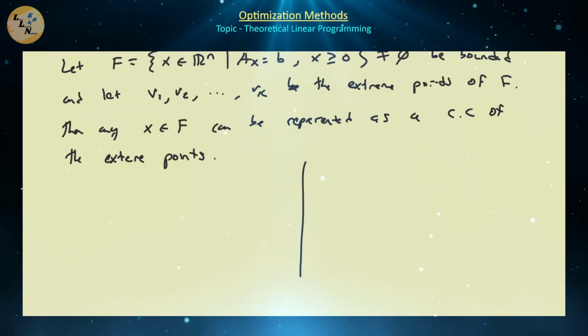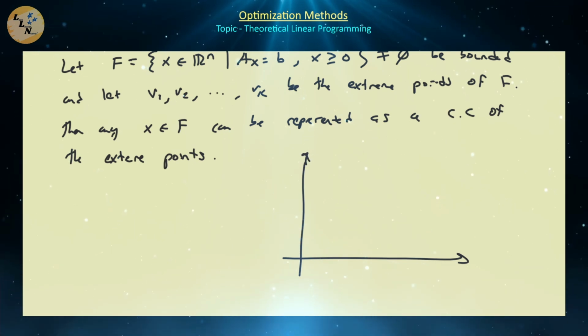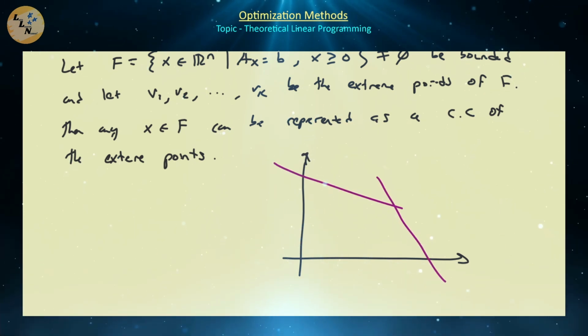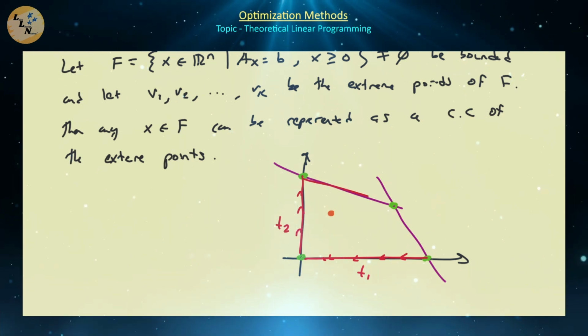So let's actually draw this from the two-dimensional perspective and see if we can get some ideas of what's actually going on here with this resolution theorem. Right, so we have 1, 2, 3, 4 extreme points, and let's assume that we have this point there, right? So for example, how would I get to that point? One could think of it like this. For example, if I were to define T1 to go from there to there, T2 to go from there to there, T3 to go from there to there, and then T4 to go from there to there,